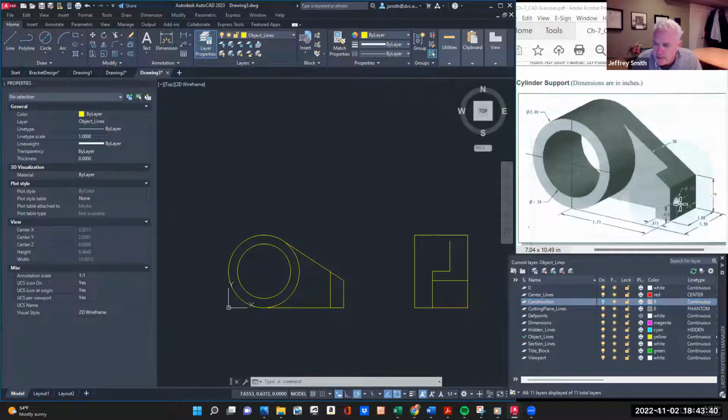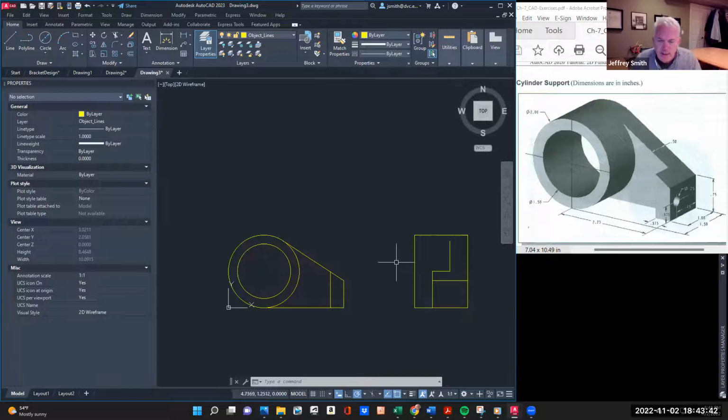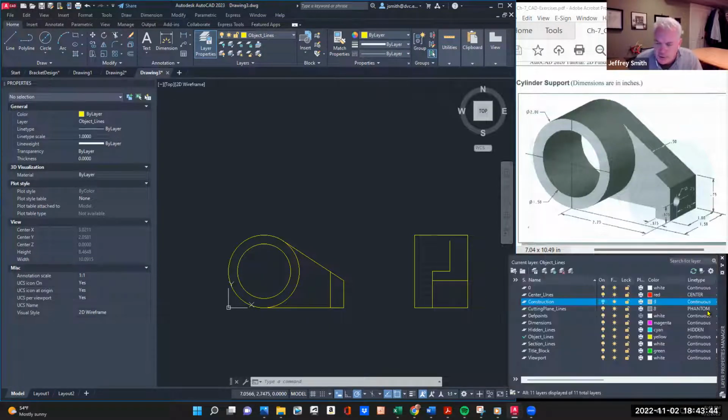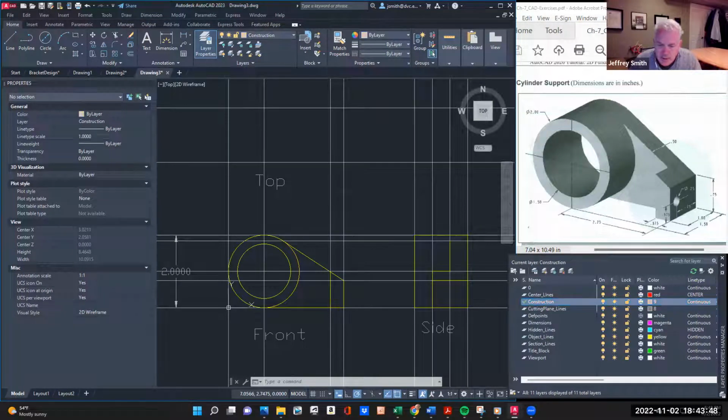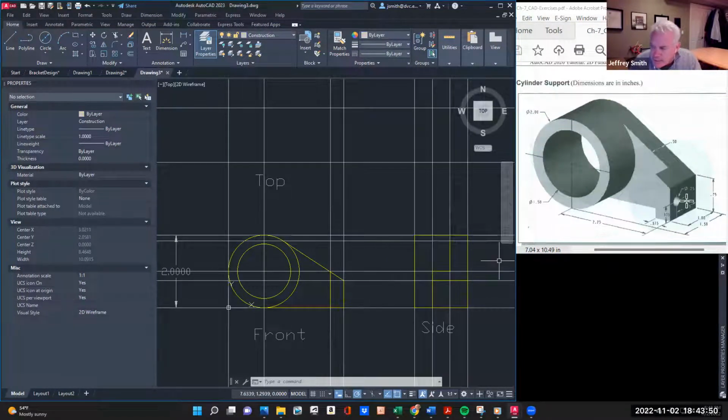So now I need to make this hole here, and there's a hidden line. So maybe let's turn these construction lines back on. Construction line, I'm going to make this my active layer. And so let's draw the offset here. It says it's 0.375 up. So offset